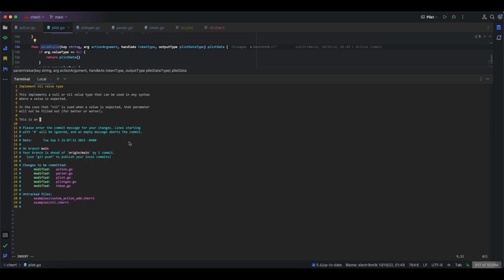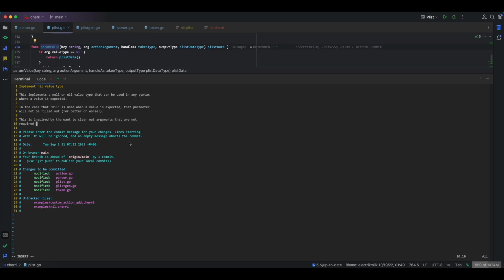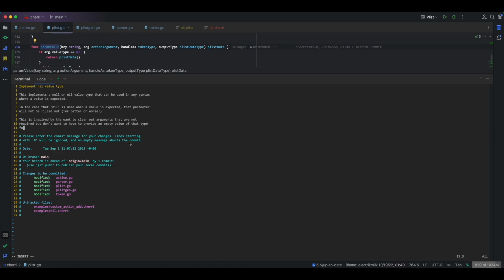This is an optional. This is inspired by the want to clear out arguments that are not required but don't want to have to provide an empty value of that type,